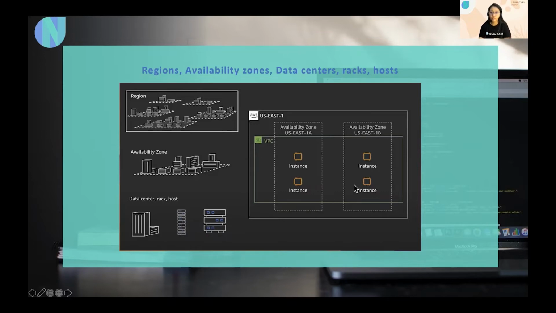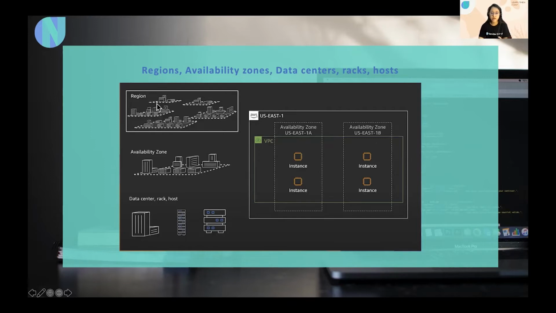And this is how the VPC comes into place. VPC is the isolated virtual network which we have created. When we create a VPC, we select the AZ, we select the region, and then the instances can be launched inside that VPC. And those instances will be in a particular subnet, and that will reside in a specific AZ.